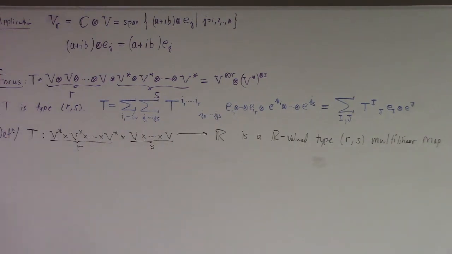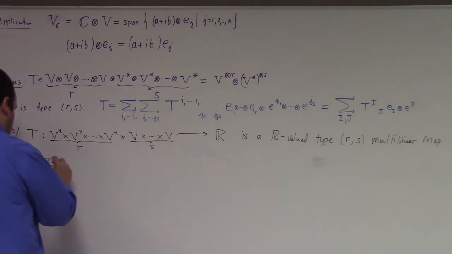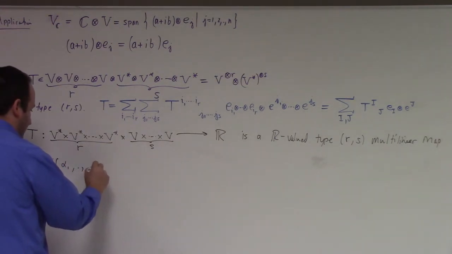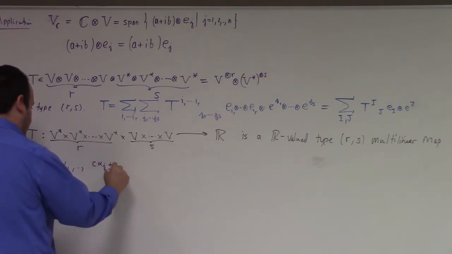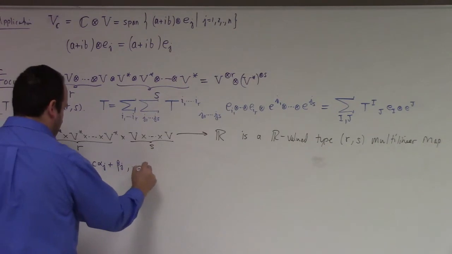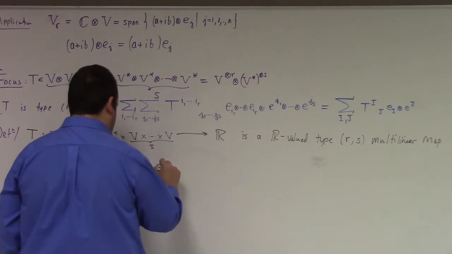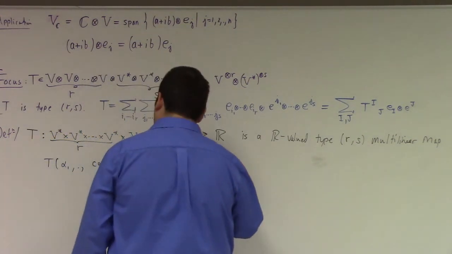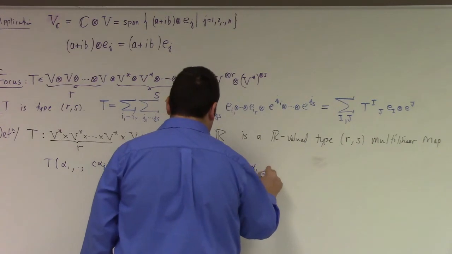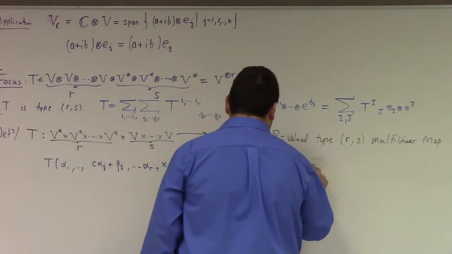This mapping has to be linear in each entry. So if you hold all the other entries fixed, but you just let one have a sum, then you can break that sum up and pull the constant out. Like T of, let's say, alpha 1 through c alpha j plus beta j, all the way out to alpha r, and then you got your vectors, let's say x1 through xs. Well, that's equal to c T of alpha 1 through alpha r, x1 through xs